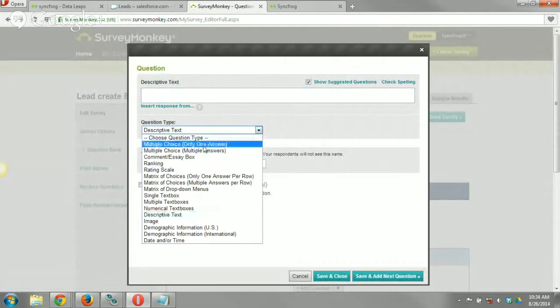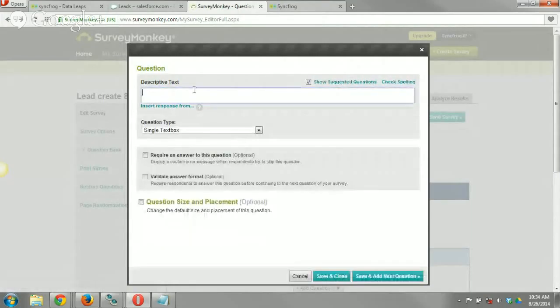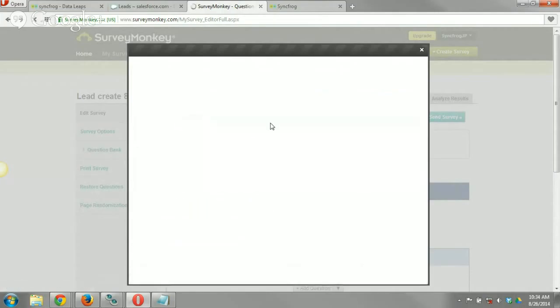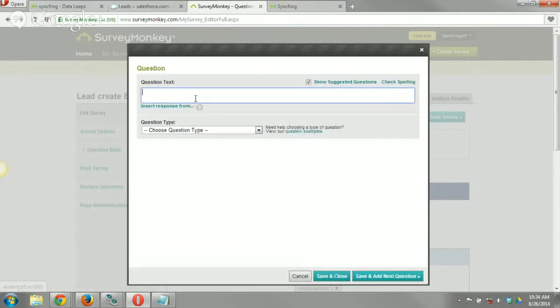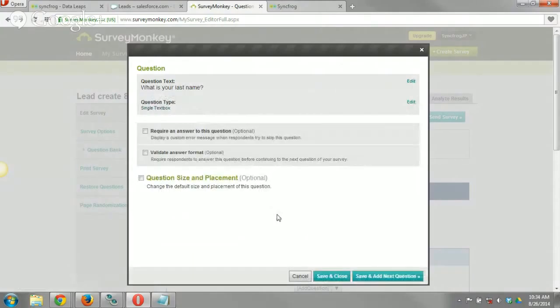No, it is going to be a single text box, as it's much easier. And we will say first name. And there's one of the predictive, what is your first name? And we will click on save and add next question. And again, we're going to say last name. And again, the nice predictive